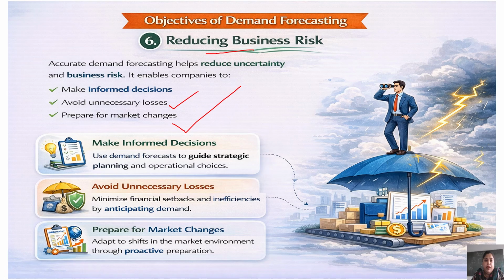So here, make informed decisions: use demand forecast to guide strategic planning and operational choices. To avoid unnecessary losses, it should minimize the financial setbacks and inefficiencies by anticipating demand, and also prepare for market changes, to adapt to shifts in the market environment through proactive preparation. So business risk reduction is also important in demand forecasting and it is one of the most important